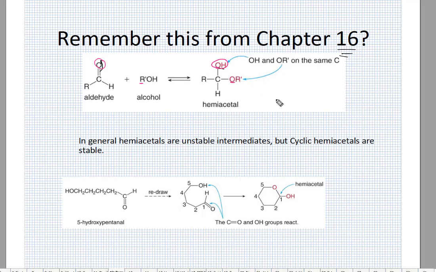So remember, a hemiacetal is you have an ether, carbon, oxygen, carbon, and an alcohol on the same carbon. This carbon here is referred to as a hemiacetal carbon. Okay, so here we have 5-hydroxypentanal. It's a polyfunctional molecule. We have an aldehyde and an alcohol, and you can just draw it straight like this, but there's flexibility in this alkyl chain and these carbon-carbon single bonds, and so you can kind of wrap these guys around,